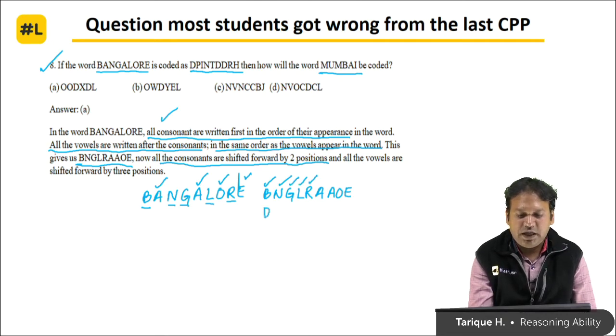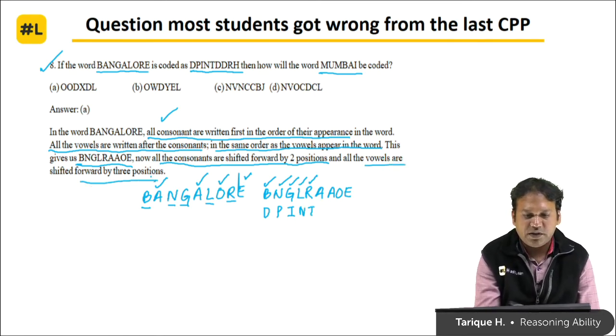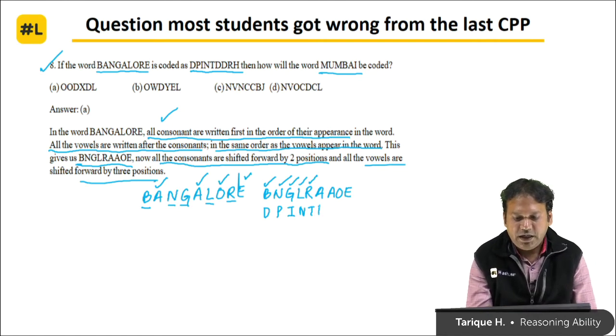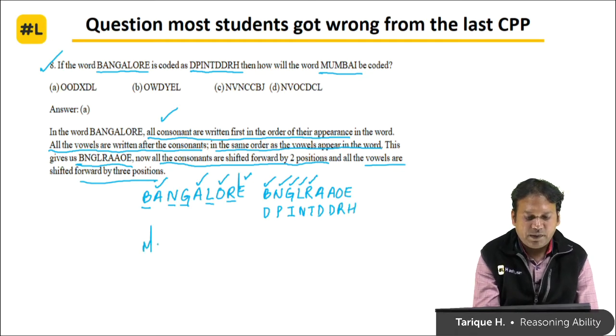B, C, D, N, O, P, G, H, I, L, M, N, R, S, T. Now vowels are shifted forward by 3 positions. That's how you get here D, P, I, N, T, D, D, R, H. Do the same thing with the word Mumbai and you will get the answer